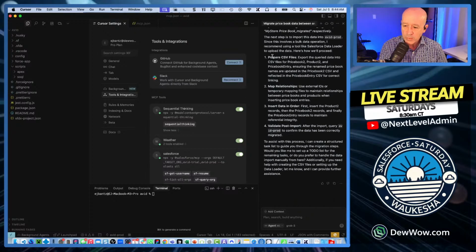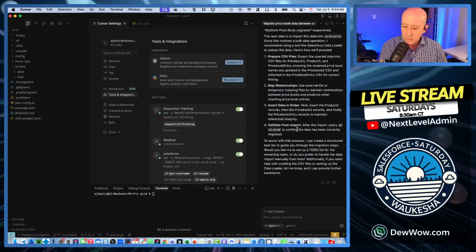So it's preparing, so it's making a CSV file, mapping relationships, inserting data. To assist with the process, I can create a structured task list to guide you through the migration steps. Would you like me to create a to-do list for the remaining tasks, or do you prefer to handle it